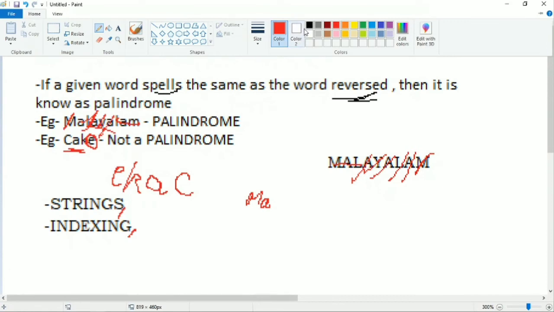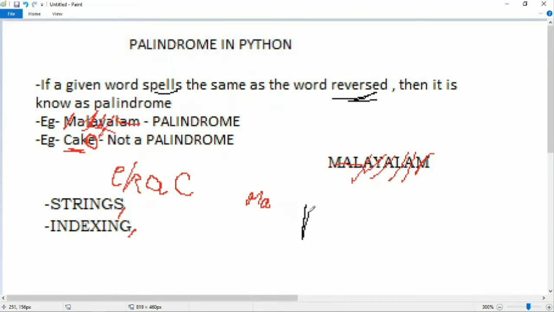That was big M A. Let me just change the color. Okay, that was a big M A, and then it just went down to the end, and again reversed it, and again the last word was M. But while we were reversing, the computer reversed it the totally same way.